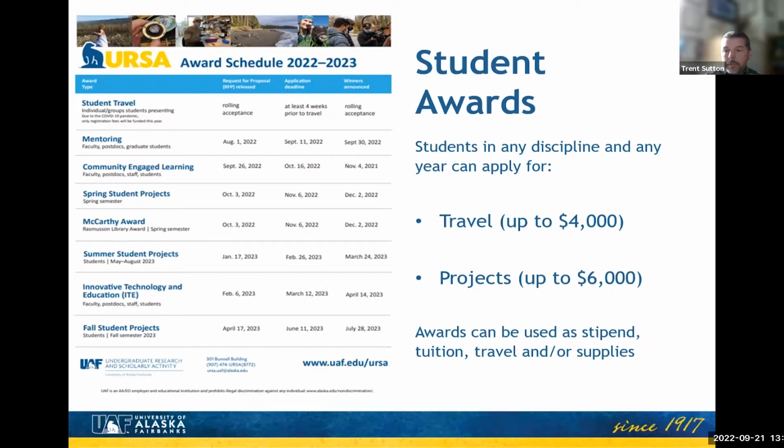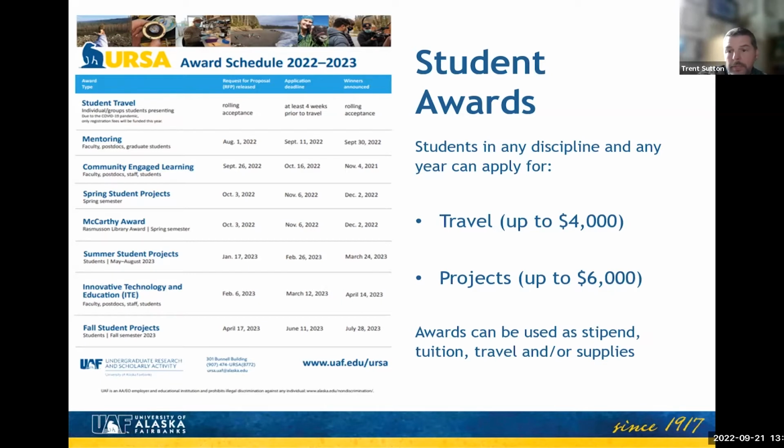So if you do complete some type of project, whether it's URSA supported or not, we are supportive of sending you to a conference or some other type of venue to give a presentation, or maybe it's an immersion. Depending on the nature of the travel, individuals can receive $2,000 per individual.